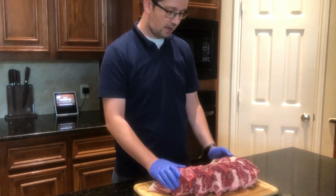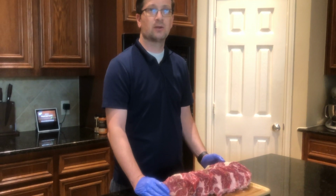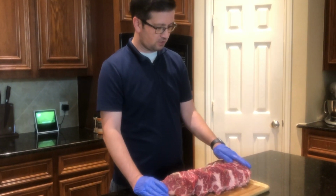Alright, we finished trimming, and now we have some steaks. We'll make a series of different videos. Each individual steak, we're going to cook it up a different way and see how they turn out. So this was our first experience with the